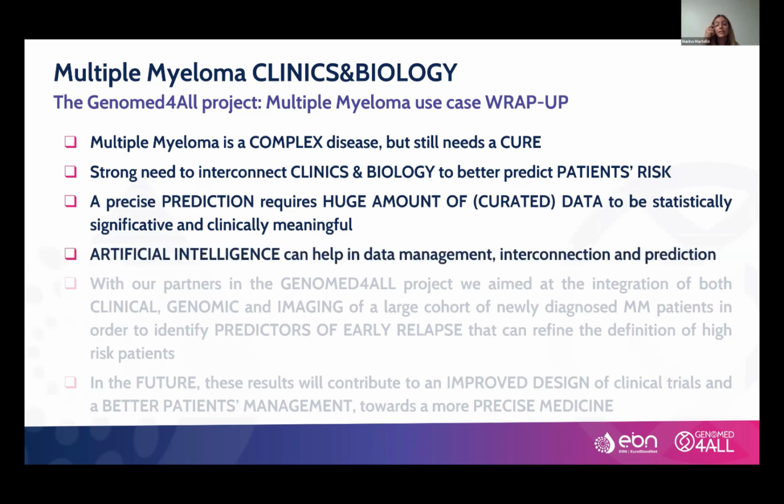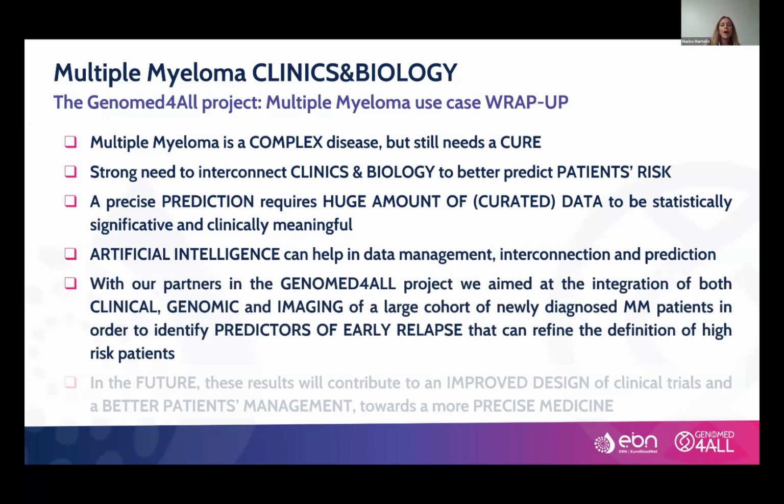Artificial intelligence can help in this data management, also for the interconnection and prediction of the aim of the project. With the partners of the GenoMed4All project, we aimed at the integration of these different kinds of data in a large cohort of